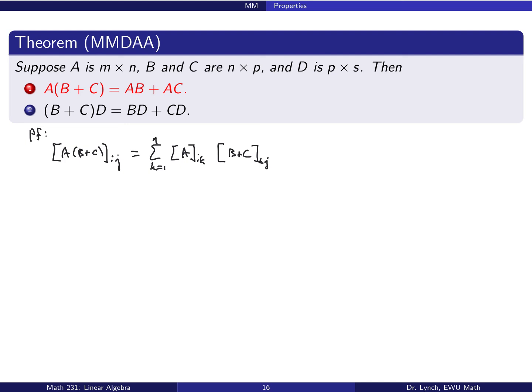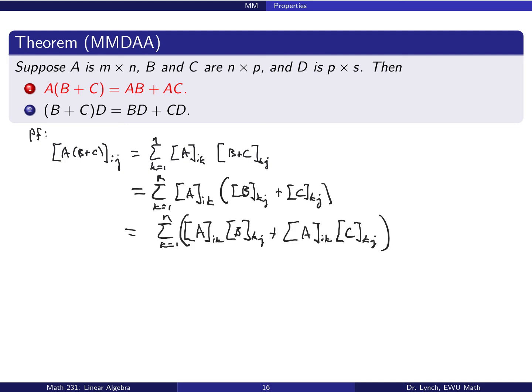So we know that we can write B plus C in the kth row and jth column as B in the kth row and jth column plus C in the kth row and jth column. Okay, so again, this step is just the definition of matrix addition, and this step is just the distributive property of scalars. Now, of course, we know that the sum over a sum is the sum of the sums, so we